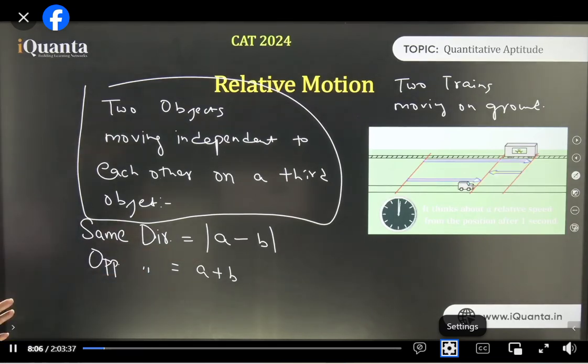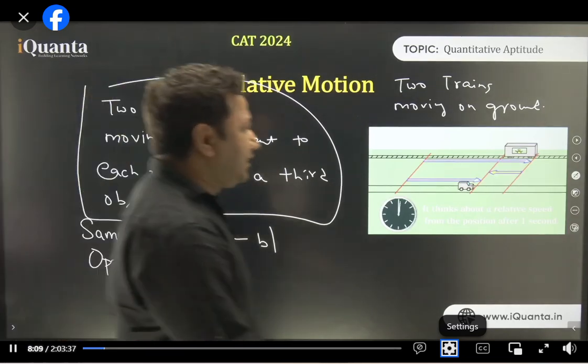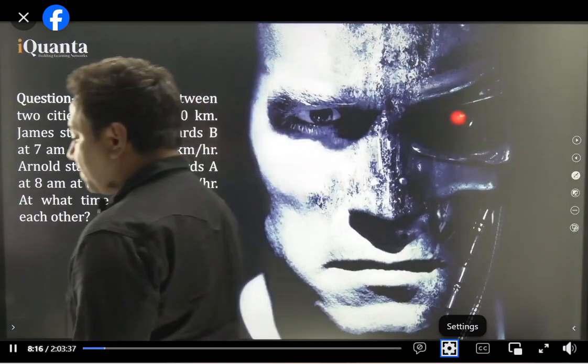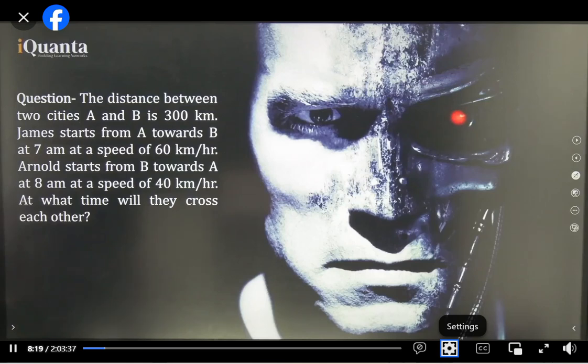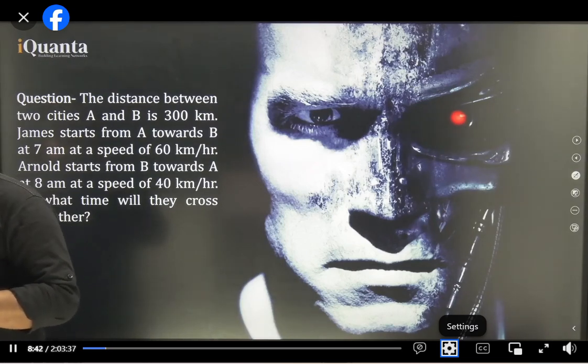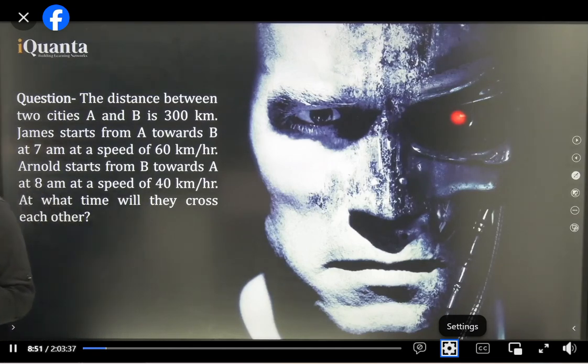Okay, Nishit, relative speed. Let's do a few questions and it'll be clear. So, here comes the first question. Aditya, we always talk about the object which is moving faster. Ankita, of course, two runners, two athletes running on a running track, or two cars on a racing track. Got it? The examples?